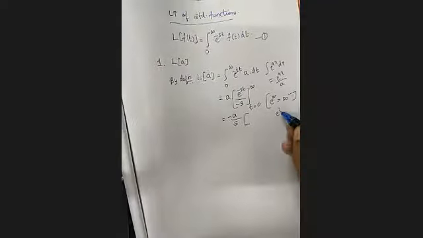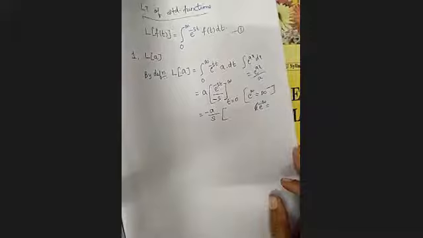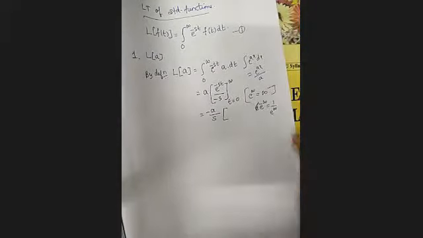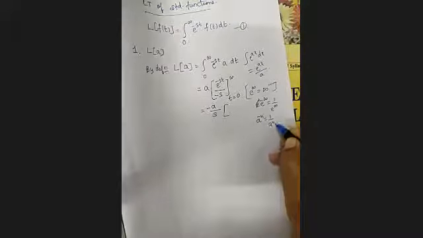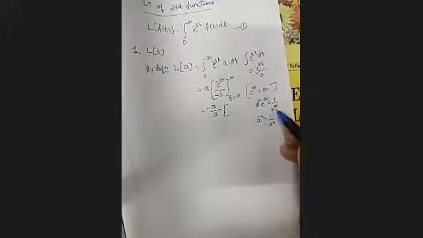Then if I take e raised to minus infinity, this can be written as 1 upon e raised to infinity. You have one thing: a raised to minus n is 1 upon a raised to n. I'm applying the same concept. And e raised to infinity is infinity. What is 1 by infinity? Any number divided by infinity is 0. Okay, so e raised to minus infinity is 0, whereas e raised to plus infinity is infinity.